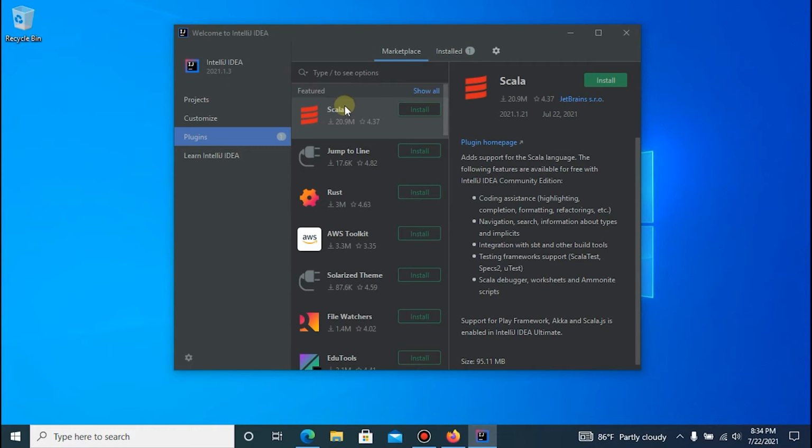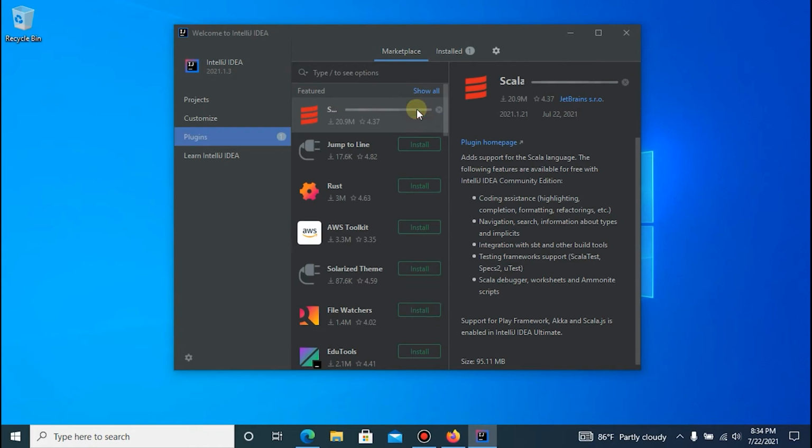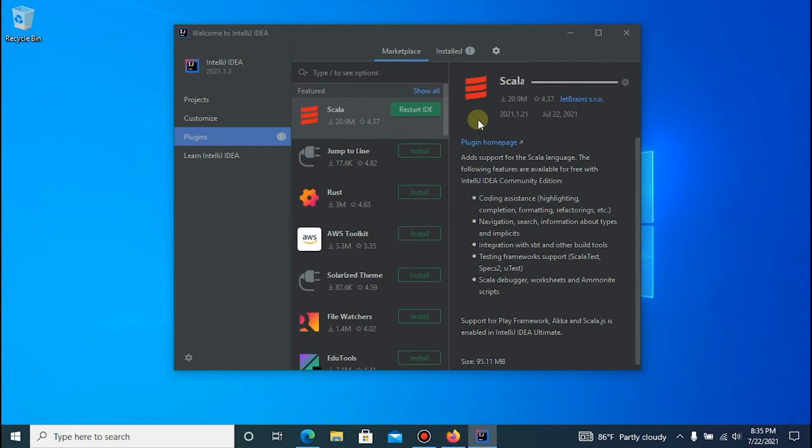Here in the plugin marketplace we install Scala, and restart the IDE.